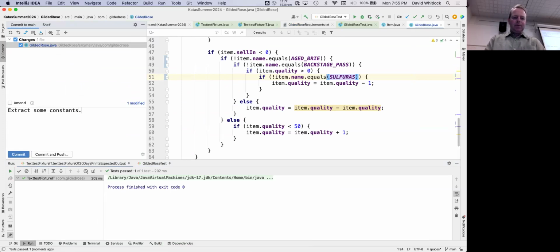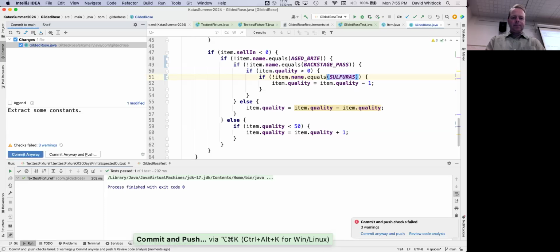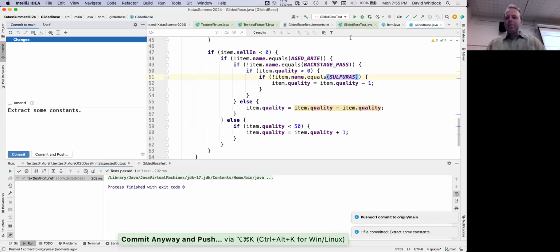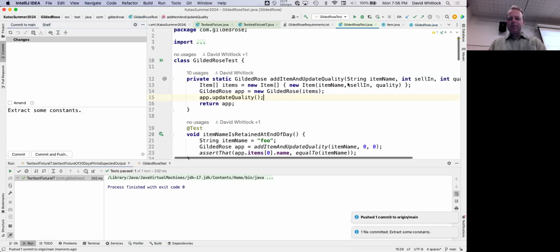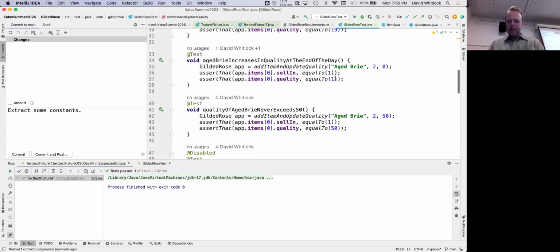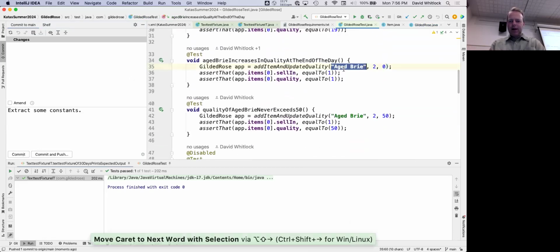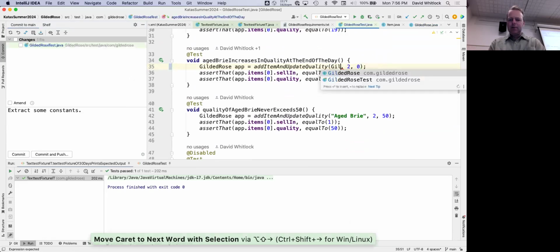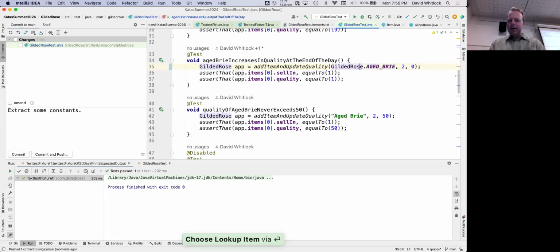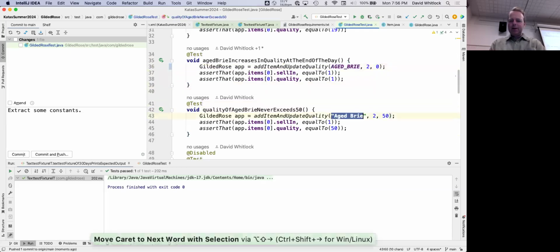Yeah, what I also want to do, anyway. I'm also going to go back to my tests now because I also use those constants here in my tests. I'm going to replace the magic strings with H3. So now I can just say Gilded Rose H3. And I'm going to do a static import for this. So it just says H3. Oh, that's so much better.